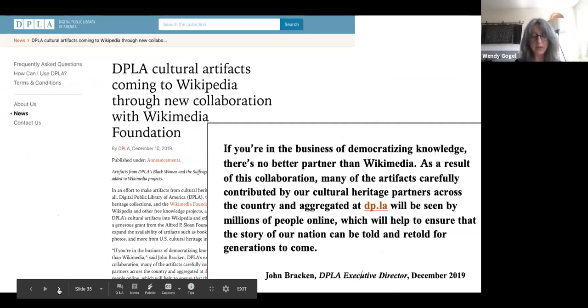In an effort to make artifacts from cultural heritage institutions more accessible to all, DPLA is contributing digital assets to Wikimedia Commons, which requires rights statements. Digitized collection items receive 10 billion page views annually on Wikipedia, and so DPLA is trying to tap into that audience to increase usage. As of this Monday, July 20, there were over 700,000 files uploaded, a scale that could not be achieved without the interoperable and machine-readable rights statements.